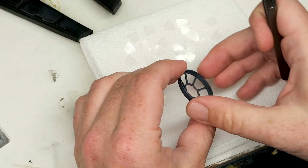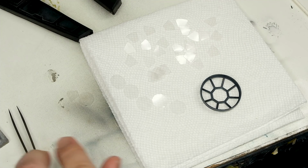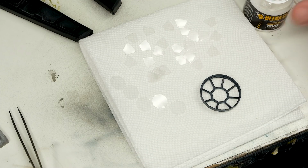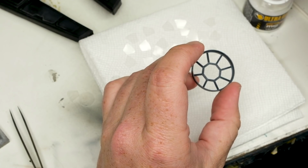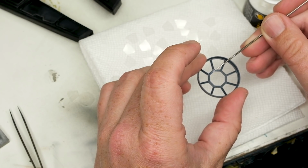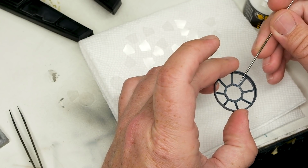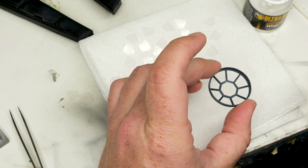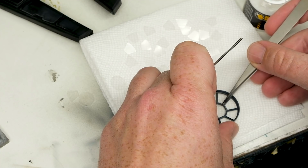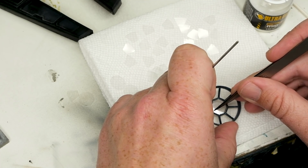So for this, I'm going to try using Ultra Glue. I would thin it down, but I'm afraid if I thin it down, then that will kick the viscosity and it'll flow into the transparency areas where we do not want it at all. Instead, what I'm going to try doing here, just putting a dab along one side. Come on. Just kind of like that. Nothing fancy. And then just come in here. Once I've got that down,